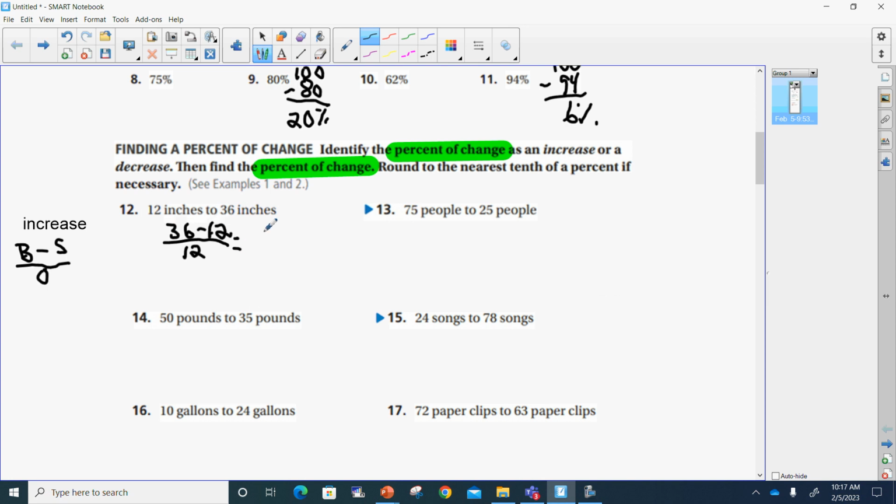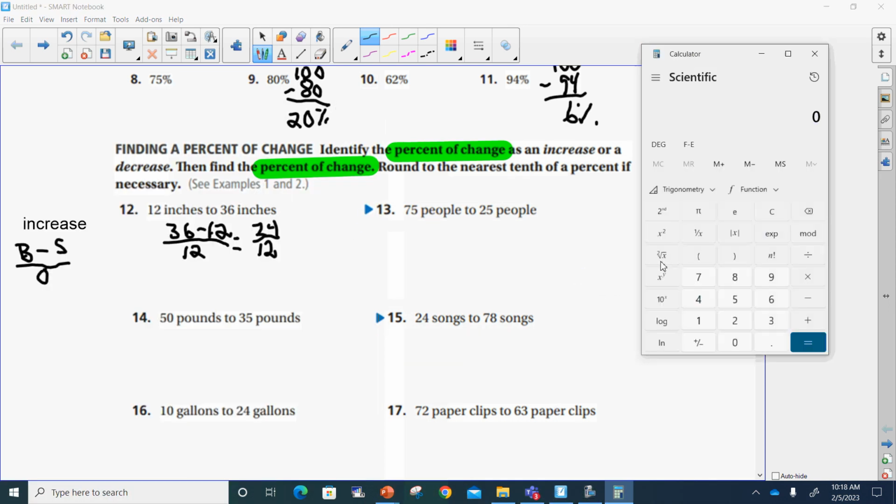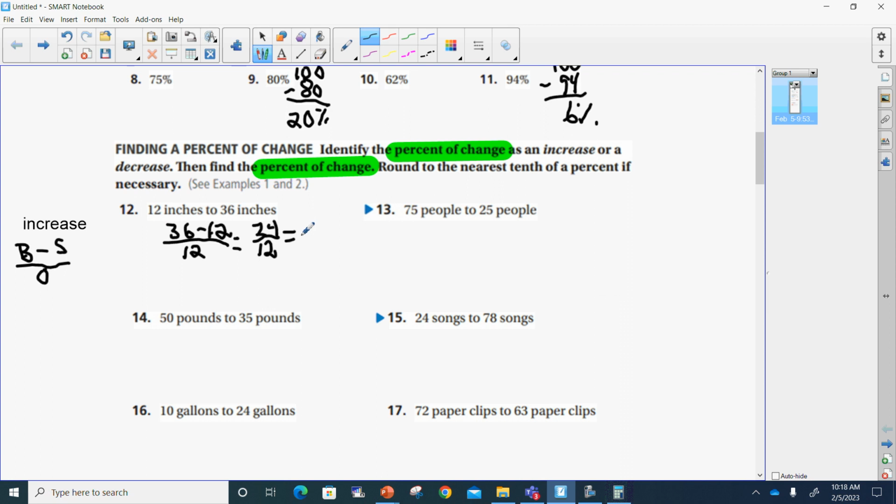All right, 36 minus 12 is 24. And now 24 over 12. And 24 and 12 are both divisible by 12, right? When you take 24 and divide it by 12, I'll go to my calculator again. 24 divided by 12 is 2. So that means the percent of increase equals 2. Okay? But remember, we have to move that decimal over twice to turn it to a percent. When I do that,